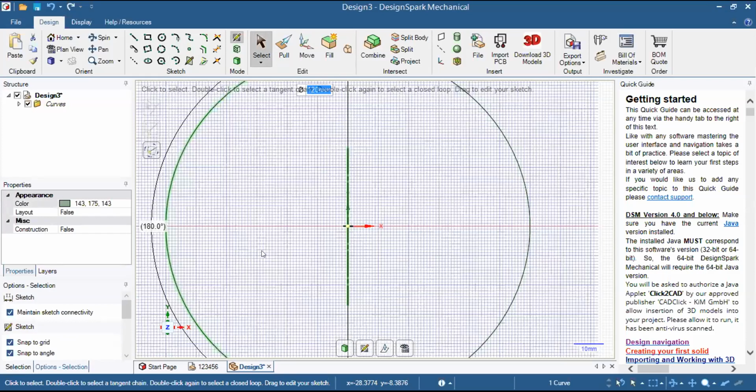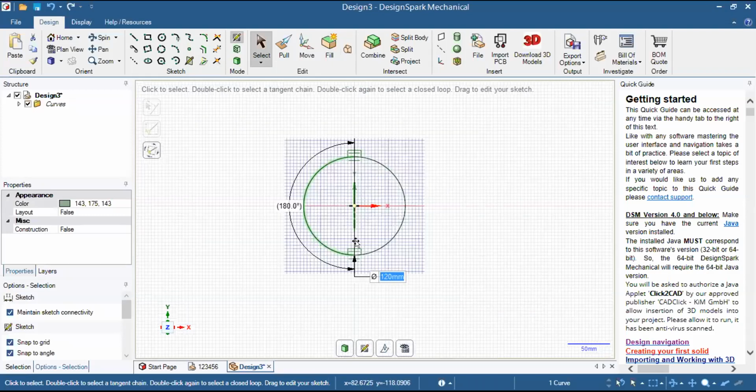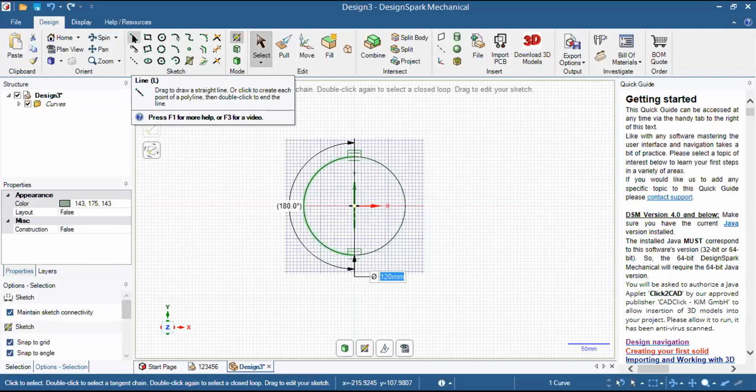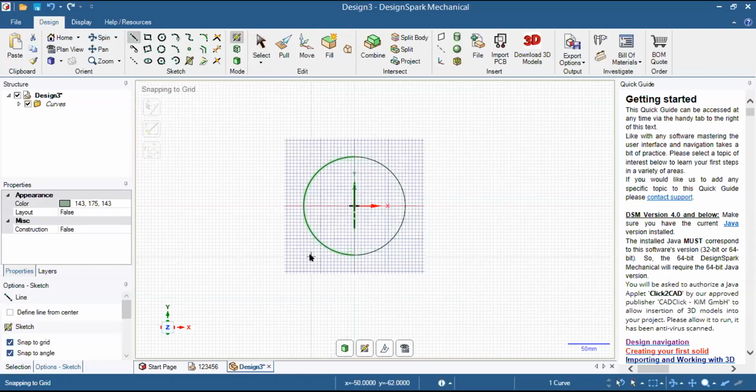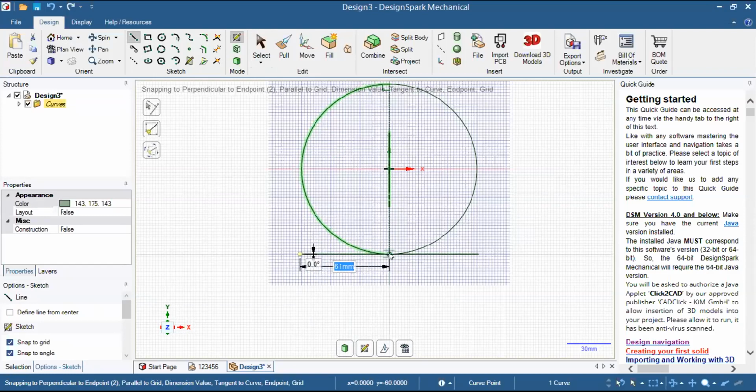And now as it is big, we will zoom in. And now we will select the next command, that is the line command. We will go like this, and from here we will click to this point and make a line. Now just observe, I am drawing a line on one side and automatically the line on the other side is being created. This is because of the mirror command which we have used.